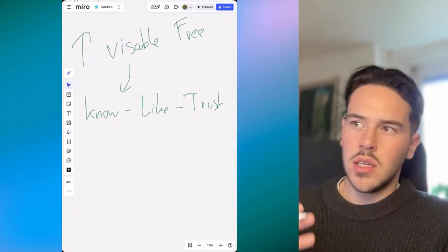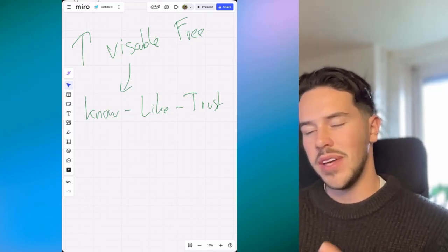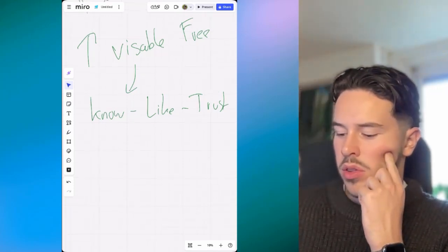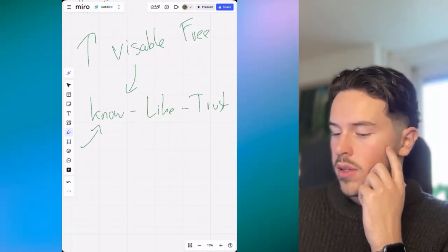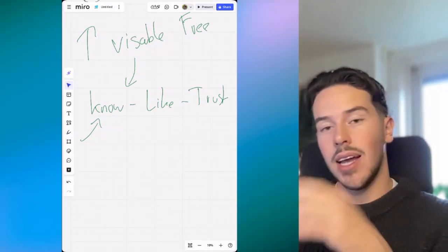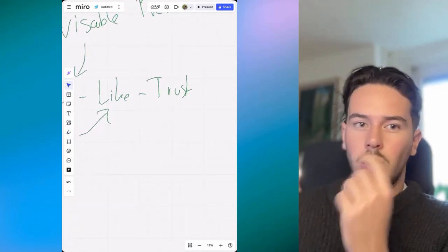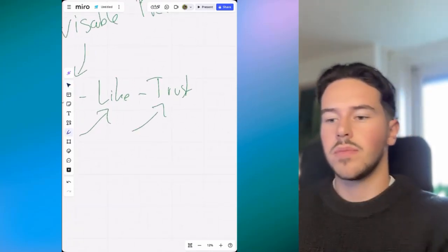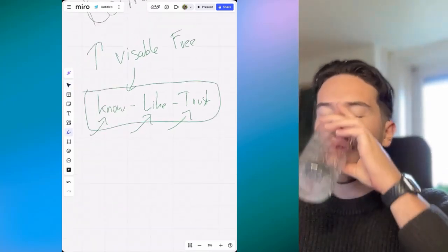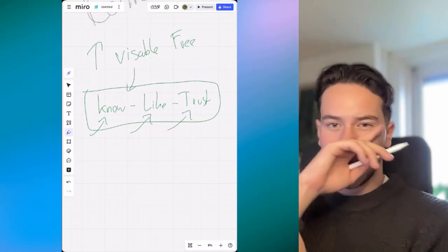As you might know, a lot of your deals are probably coming out of referrals. The reason referrals work so well is that people know you directly, or they know the person who gave the referral. They assume, okay, I like this guy, so I might as well like the other guy. They like you, and if someone refers you, they probably trust you. You get the whole method all in one. That's the beauty of referrals.